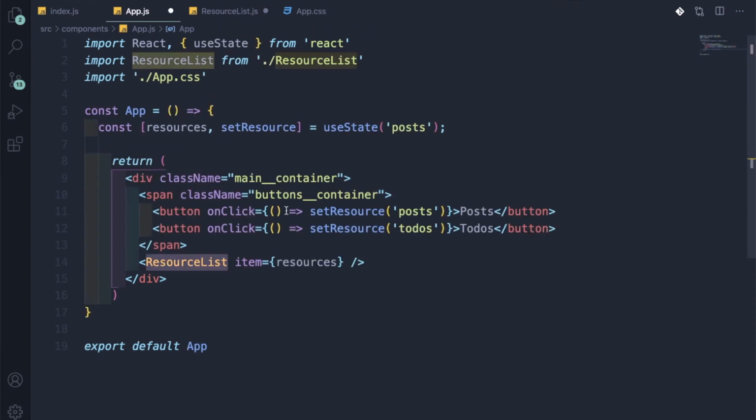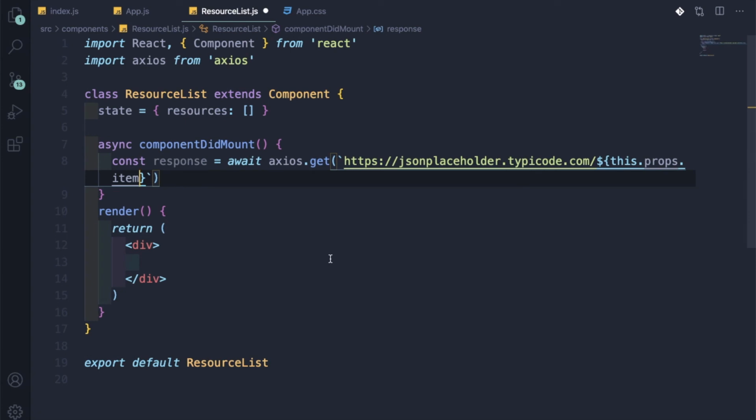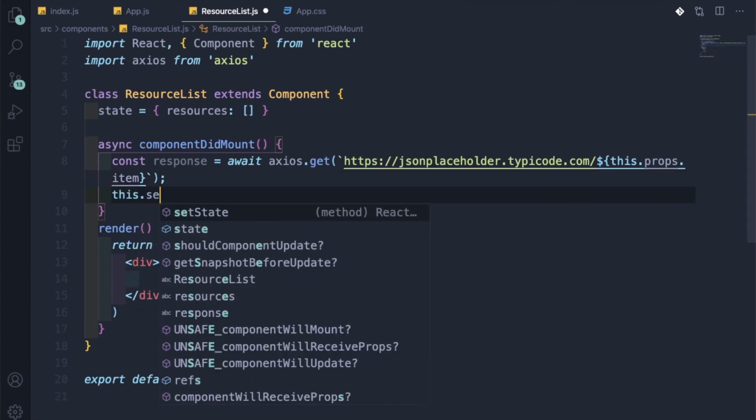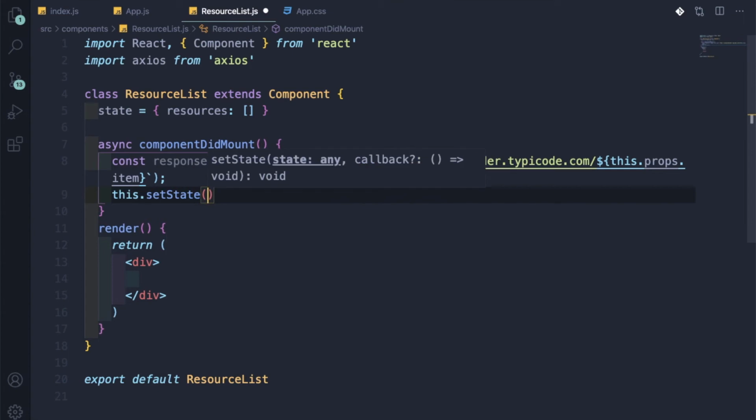So this dot props dot item is this item. Okay, so when we get this, after that we'll do this dot set state